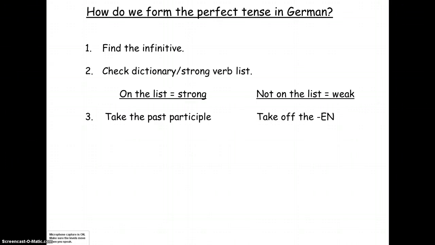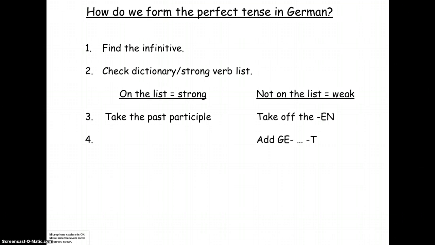For example, if it is on the list, you just take the past participle straight off the list. And if it's not on the list, then you take the en off the infinitive, and you add a ge to the beginning and a t to the end. And then you will have your past participle. And that is the first stage.